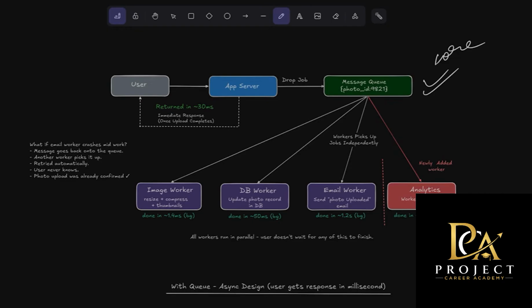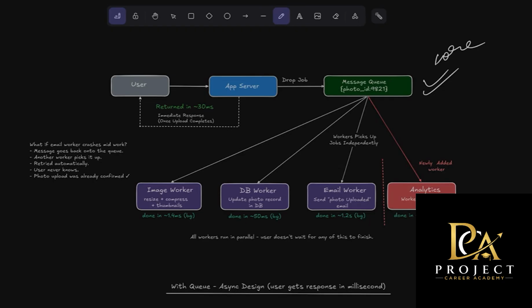That's a message queue. What it does is, instead of performing all the work immediately, the user's request is sent to the application server and from the server to the message queue. And then once it has sent the message to the message queue, the application server would simply respond to the user that it's in progress and the upload has been successful. The user has gotten his response and he is free now to scroll away doing whatever he wants to, right? Because the response has been done. Even though the actual processing has not finished yet, that actual processing will be done later via the message queue.